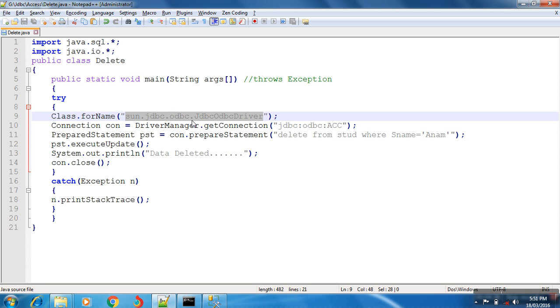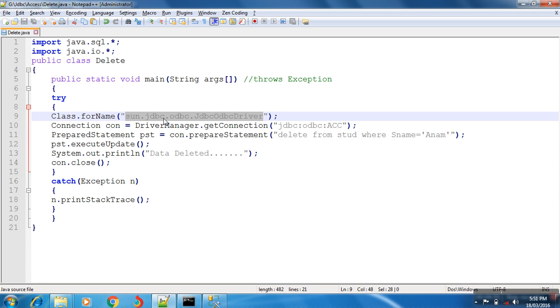If you are connecting your Java code with an SQL database or Access database, you can use this driver.